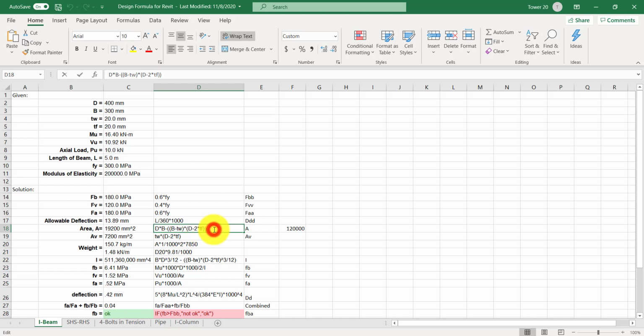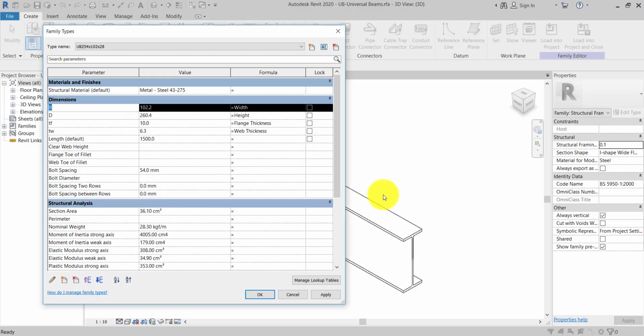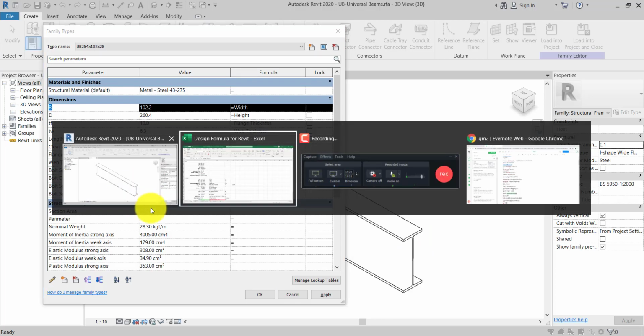So basically, it's just the total area of the rectangle minus the area of the spaces. That's the basis of the computation of the cross-sectional area of the I section. So let's copy this formula,